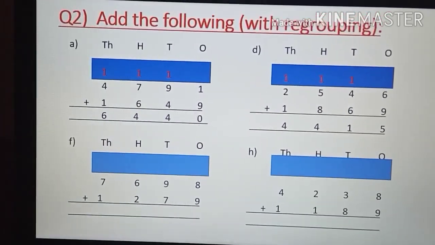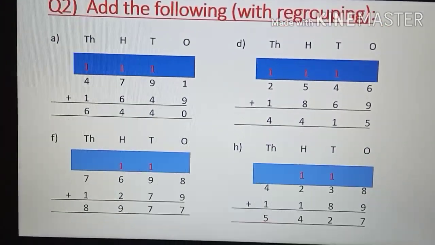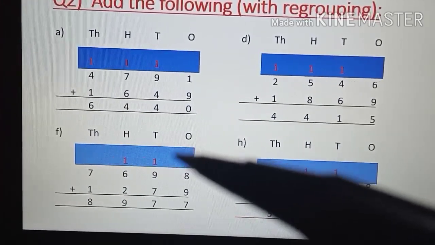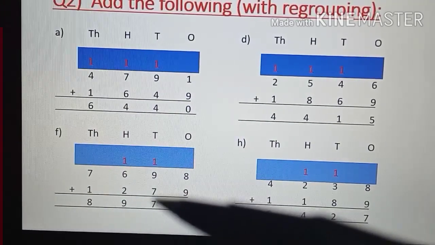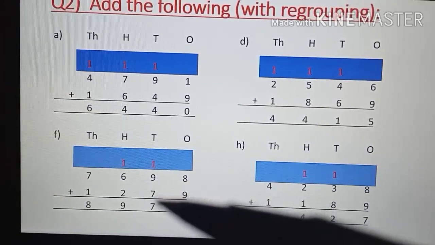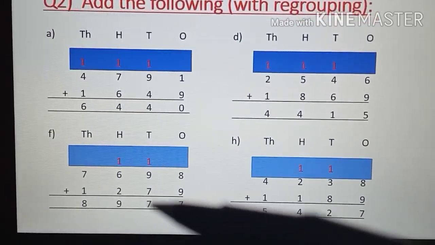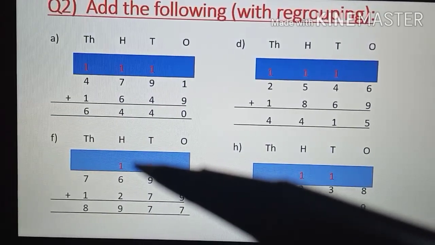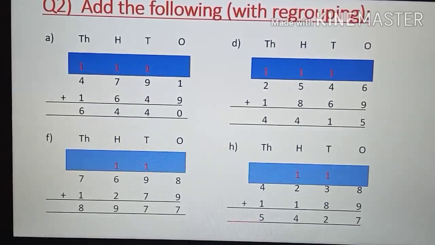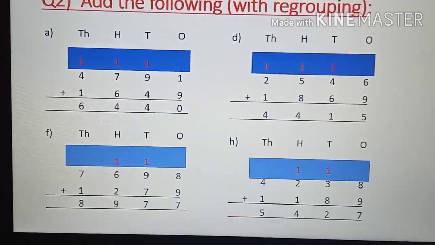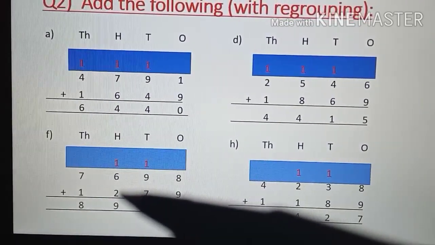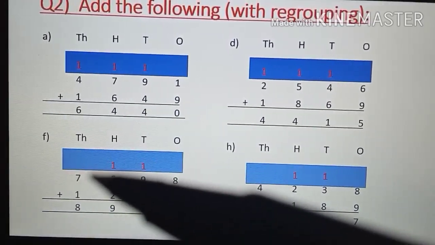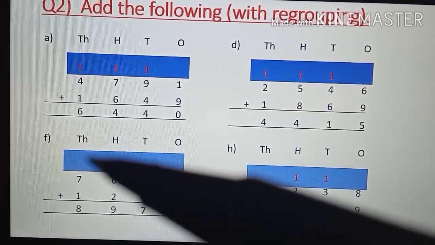So you write here 7 and 1 carry over under the hundreds column. Now under the hundreds column again we have digits 1, 9 and 7. So 1 plus 9 plus 7, that is 17. Write your 7 here and 1 carry over under the hundreds column. Now you add under the hundreds column, children. What we are getting? 1 plus 6 plus 2, that is 9. 9 is a single digit number. So no carry over in the thousands column.